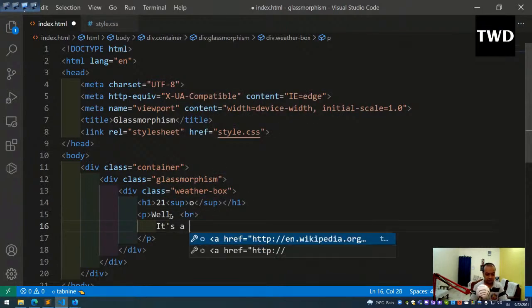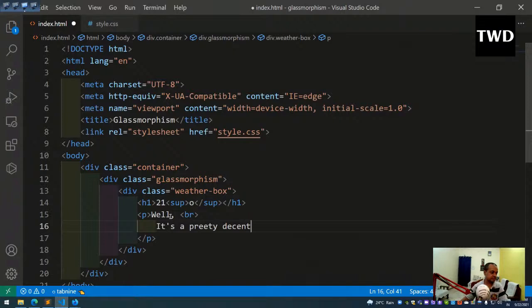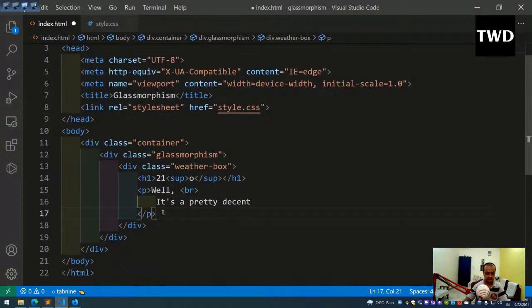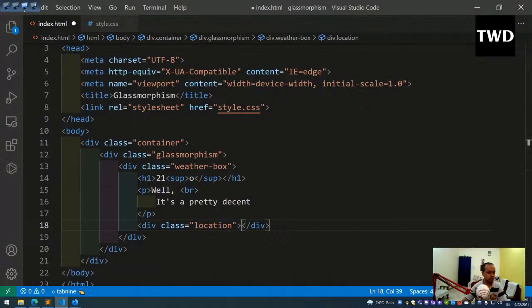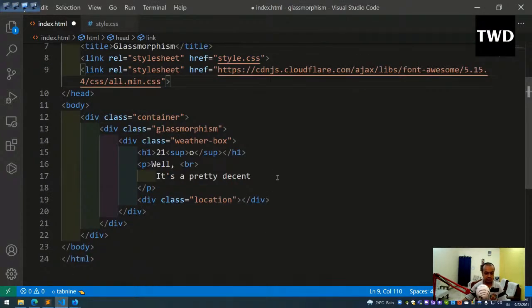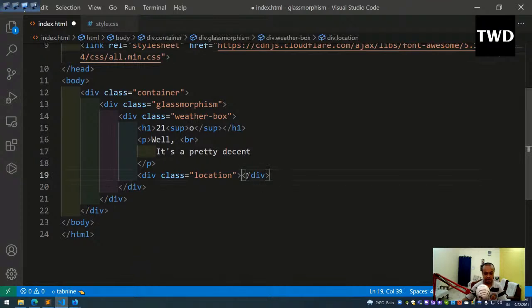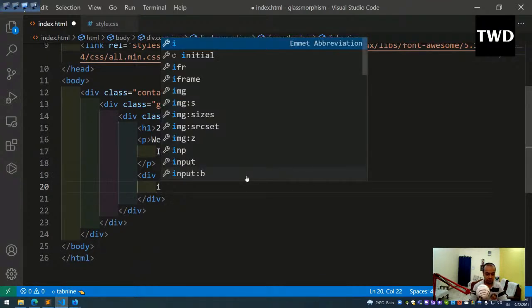it's pretty decent. Okay, so it is like this, and then after this p there will be dot location, and we will have Font Awesome for this location. So let me have Font Awesome also included. This Font Awesome should also be there. So Font Awesome is there, location, and inside the location we'll have this Font Awesome i